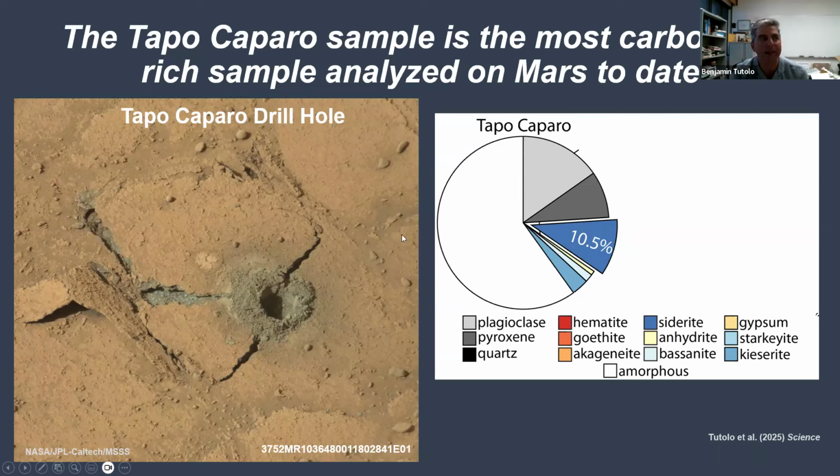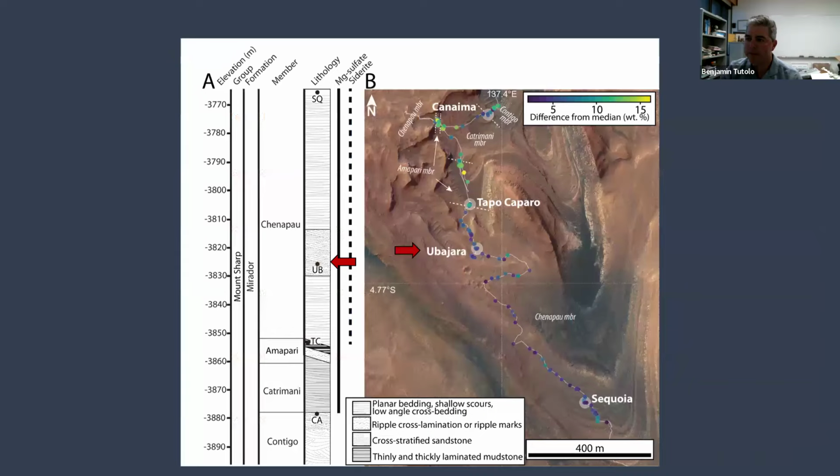And why were we surprised? Because in spite of detailed spectroscopic mapping from space, there was no indication that this particular sample and this particular set of strata would have contained carbonates. And largely, it's been shown since then by Rachel Shepard and colleagues that the reason for that is that it is masked in the orbital data. So, big surprise of the mission, these strata contain abundant iron carbonate, siderite.